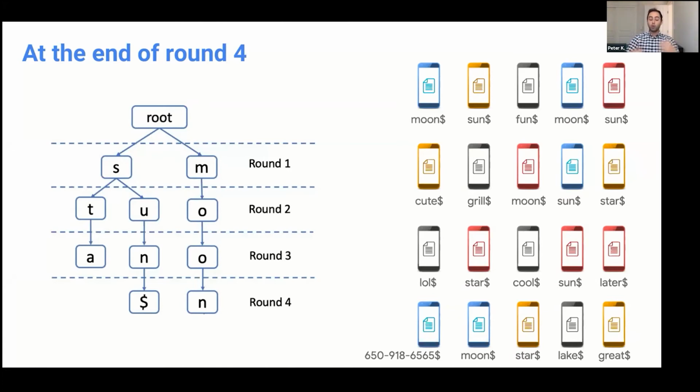That's unfortunate. And then at the end of round 5, you can see that the server has learned the word sun and the word moon, and these are 2 popular words in this fleet of devices. So we're happy that we were able to learn these 2. And anything that is not popular was not learned. The way we know that we've learned sun and moon is because we've hit that dollar symbol that denotes the end of the word. That's why it's important to have that symbol added locally to the words that clients have.